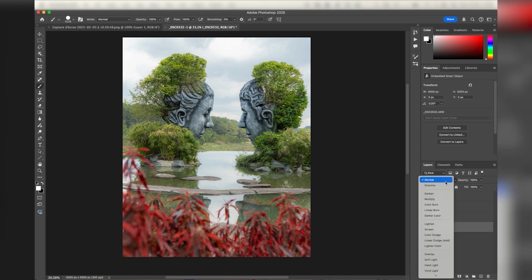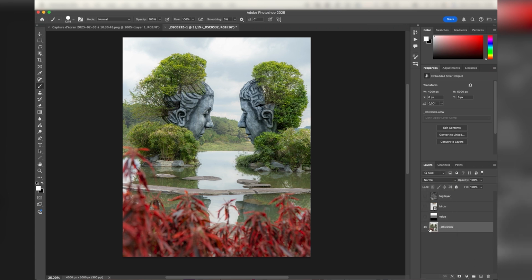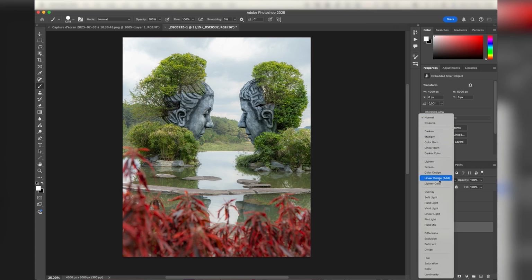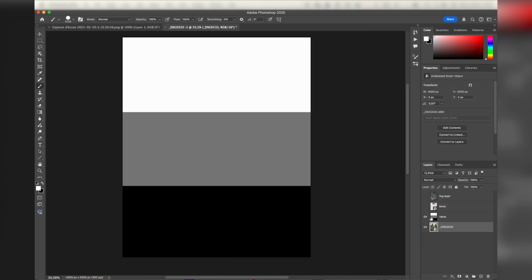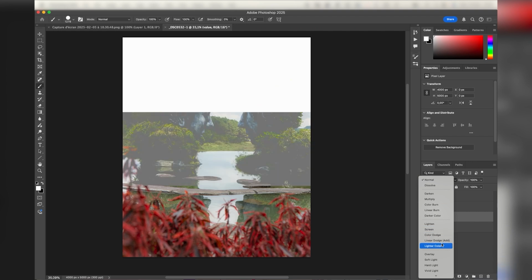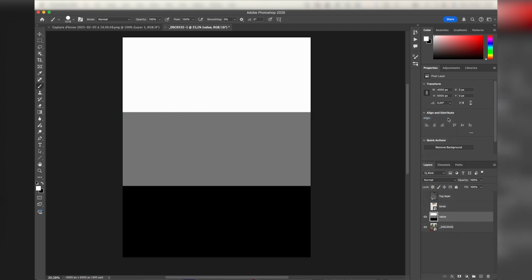And now, as you can see here, those are the blending modes. And there are several ones. So first of all, what is a blending mode? A blending mode will allow you to change the way layers interact with each other. Here, this is my first layer. If I change the blending mode, nothing happens because there is nothing under it. So that's completely normal. But if I toggle off this layer, for example, here we start to see some changes that I'm going to explain to you